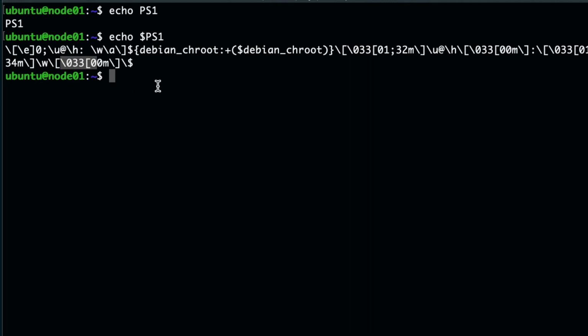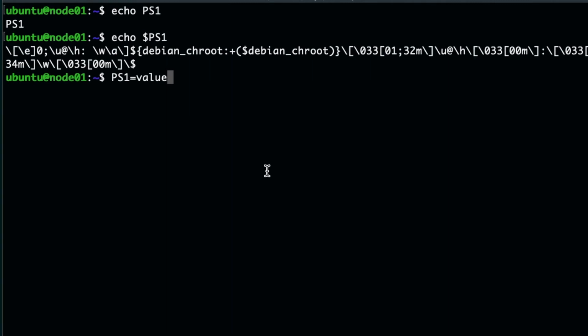So we can change this actually. We need to use export command to change any variable on bash. Actually, we can set it like this also, but this won't be available to the subsequent commands.